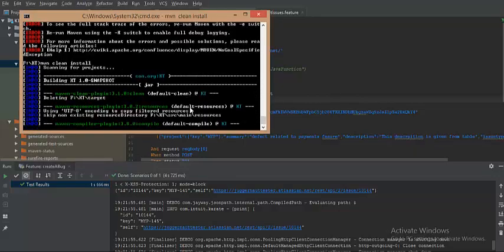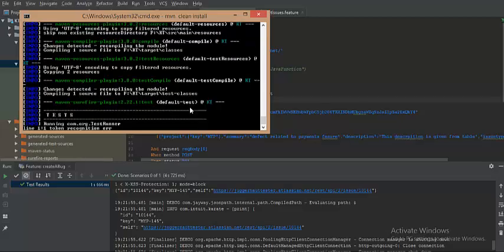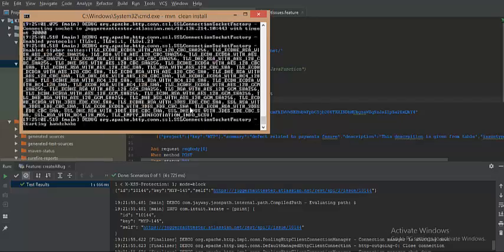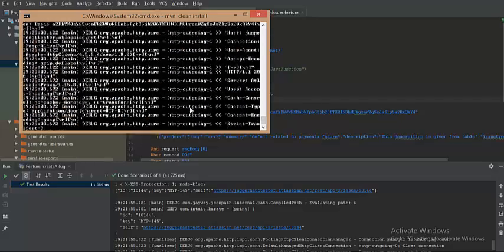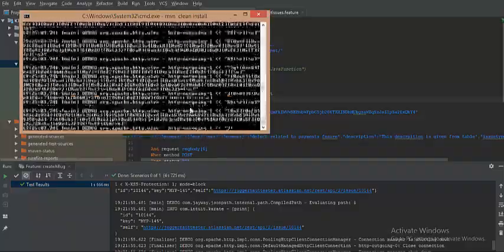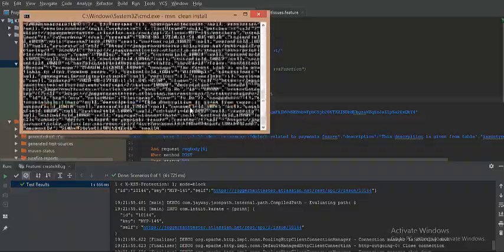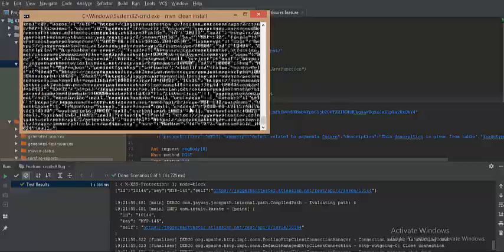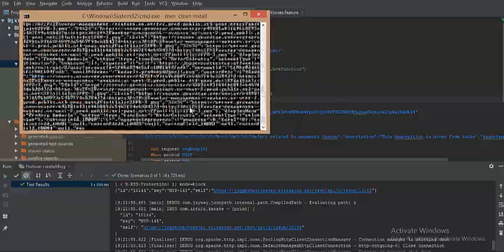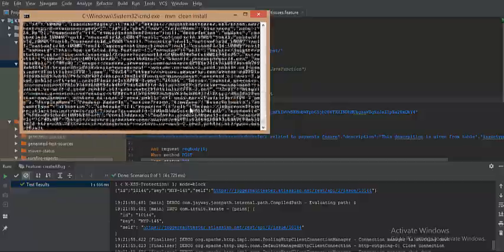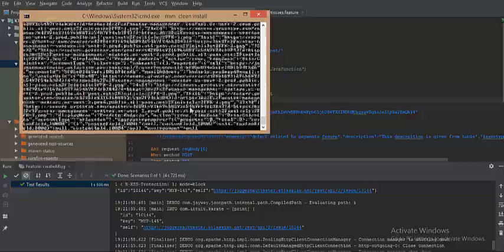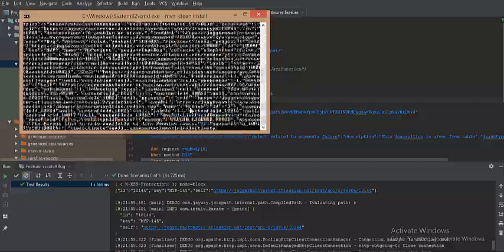The Maven goal has been invoked, so it is building the project, and the test cases have been picked up and have started running. We saw earlier that one of the test cases is a little bigger, because it gives us the list of issues present in a particular Jira profile.